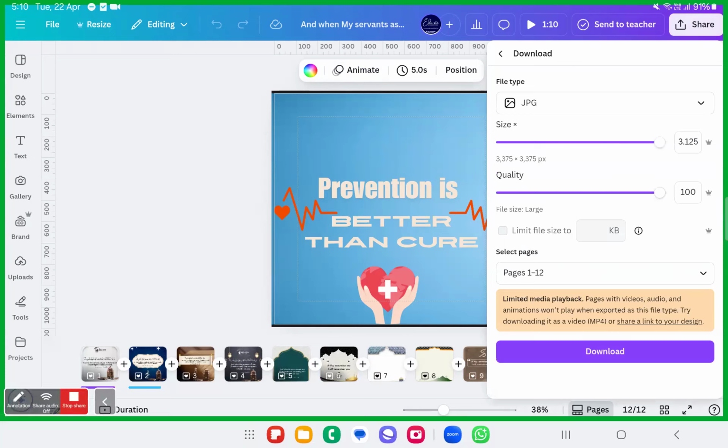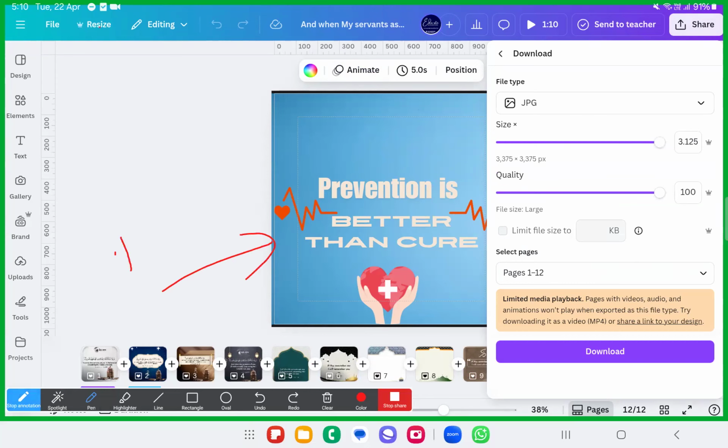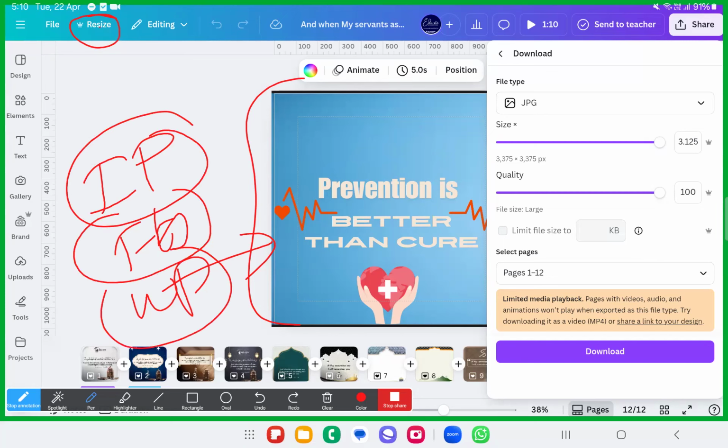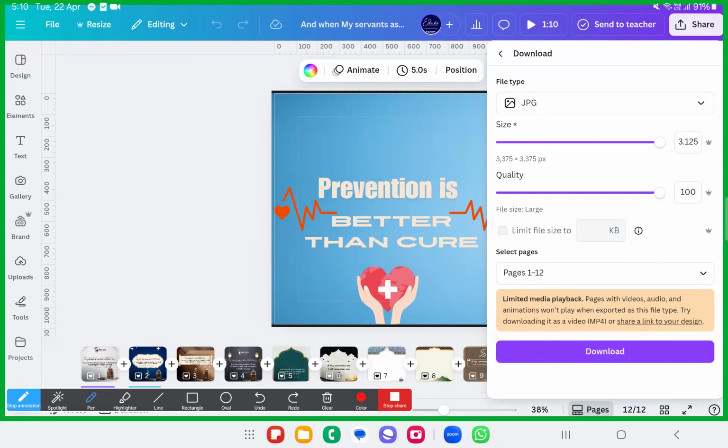This is the dimension for a Facebook post. Okay, a Facebook post will go well on WhatsApp also. I can post this on WhatsApp also. It can go well on an Instagram post also, but doesn't go well on an Instagram reel. So you can just go and resize it as an Instagram reel if you want. But for now, I can go ahead with posting it as a graphic on Instagram, Facebook, LinkedIn, Pinterest. Okay, all of this it will support.